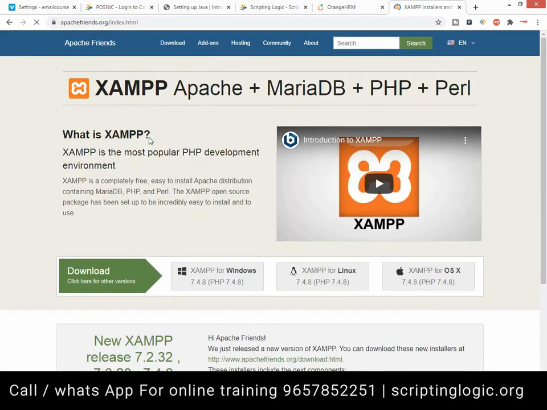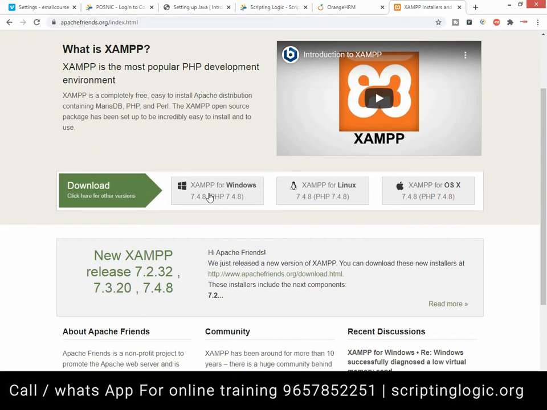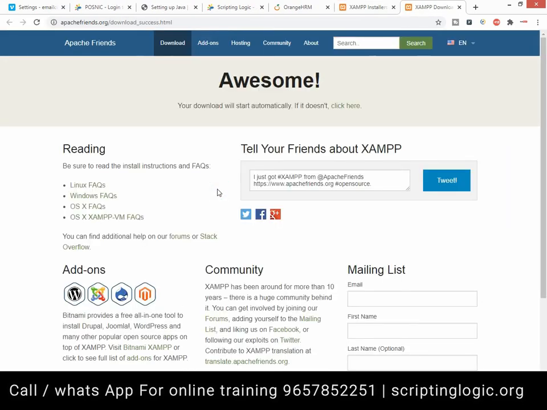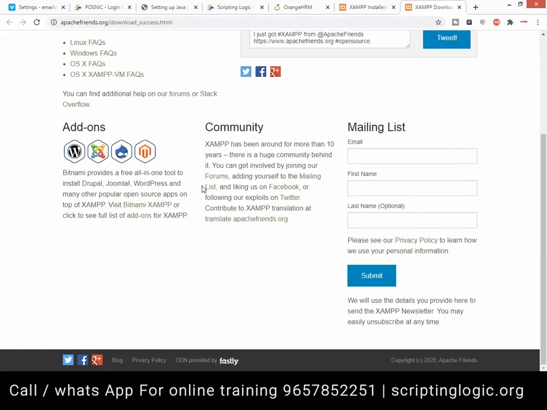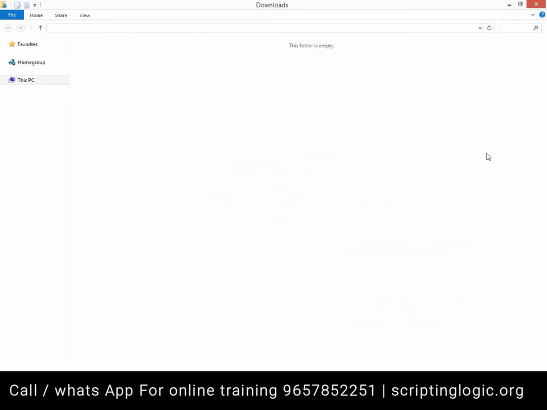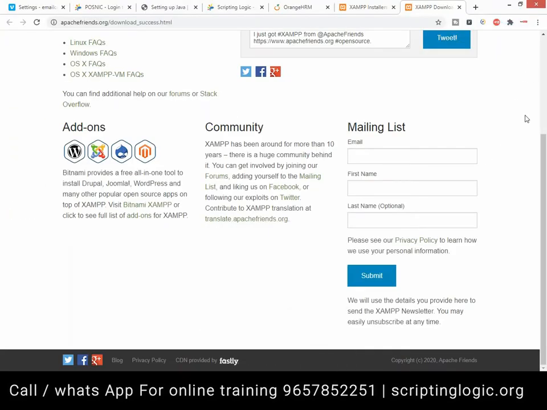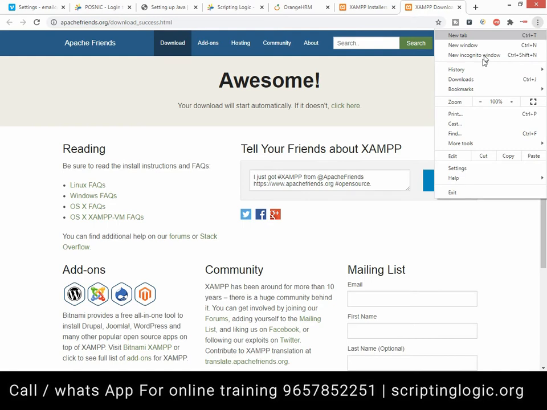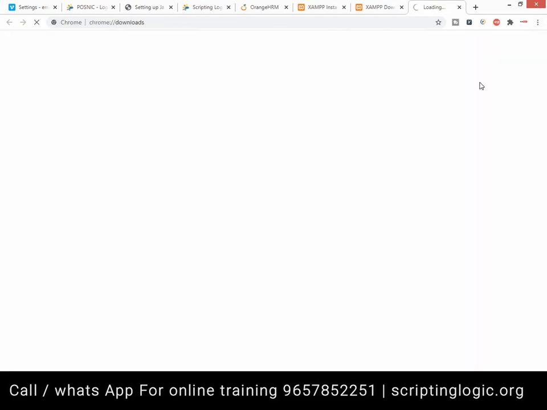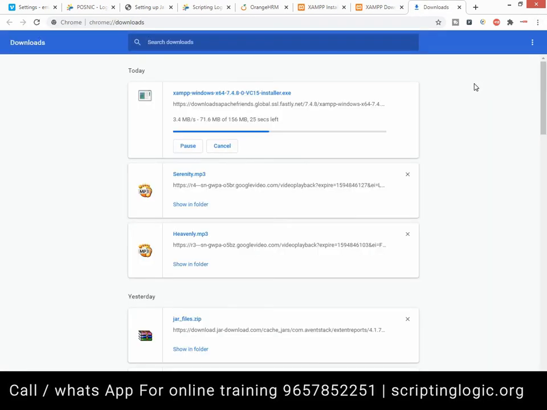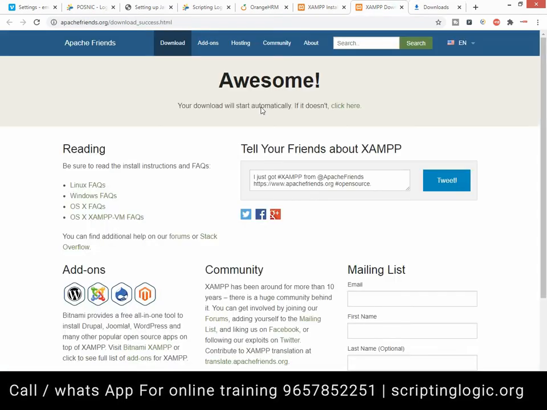Okay, so you can choose the Windows operating system, and here you will find several links, or the latest version is going to get downloaded here. Once it is downloaded, you install it. Let me just see what version it is getting downloaded. Generally 7.2 is quite better. The 7.4 version is getting downloaded. Okay, let it be. Whatever XAMPP version is there, generally 7.2 would be better.